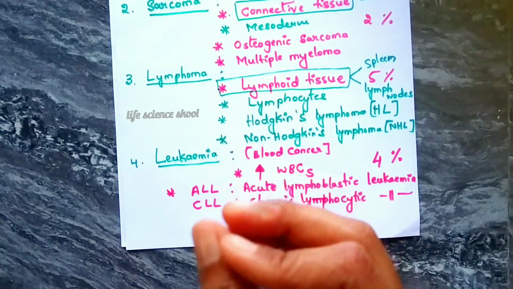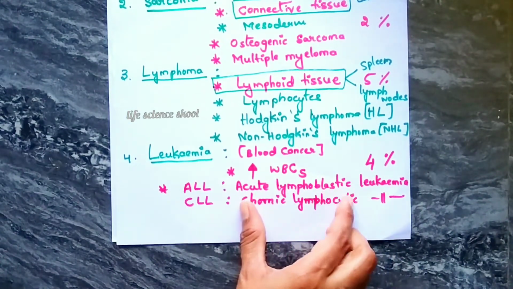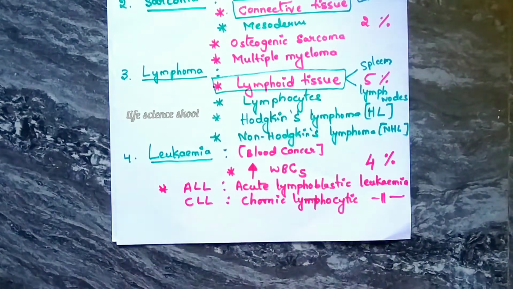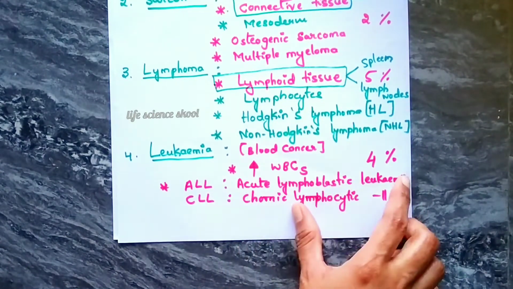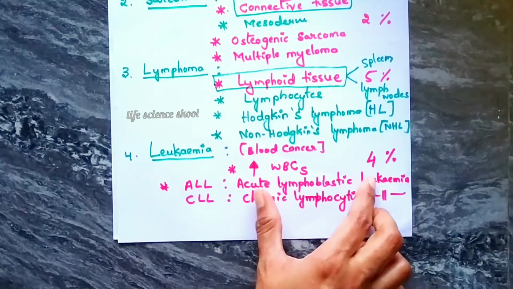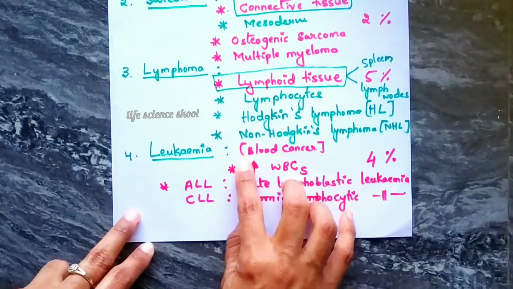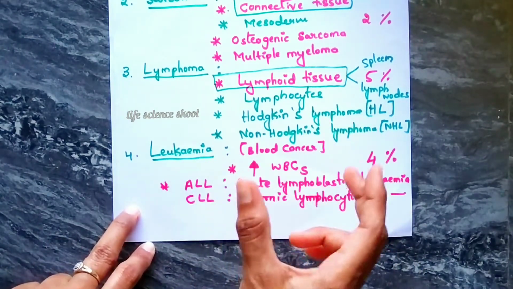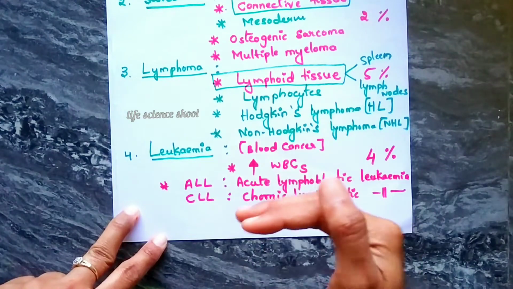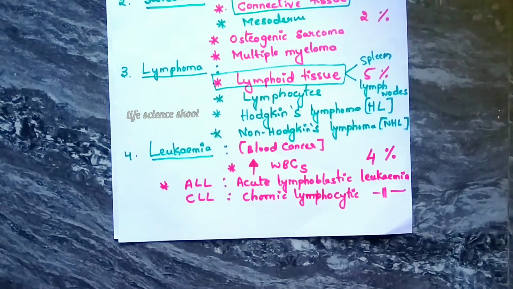People with chronic leukemia, the second type, may not have any symptoms in the beginning, but slowly it becomes worse as the number of leukemia cells goes on increasing. And people with acute lymphoblastic leukemia will have abnormal blood cells from the beginning itself. As I mentioned before, it is characterized by an increase in the number of WBCs. We know that only a certain amount of WBC should be present, but here the amount is raised above that, and the number of WBCs will be more. Okay, so that's about leukemia.